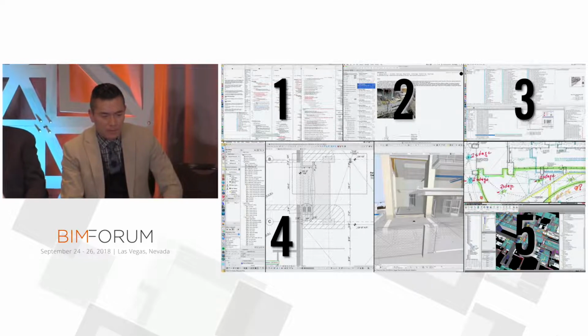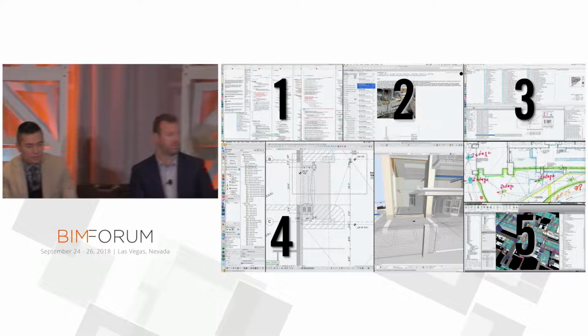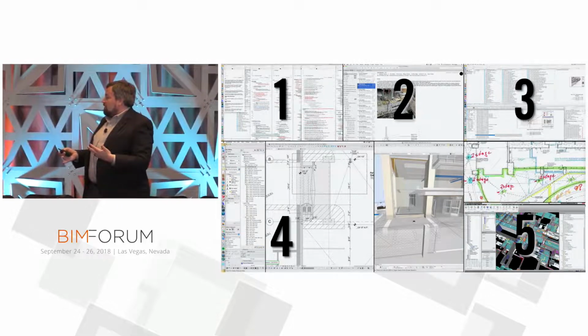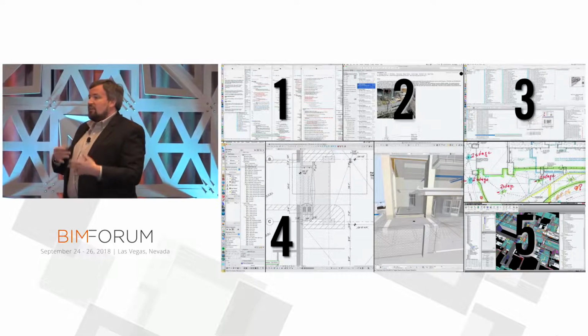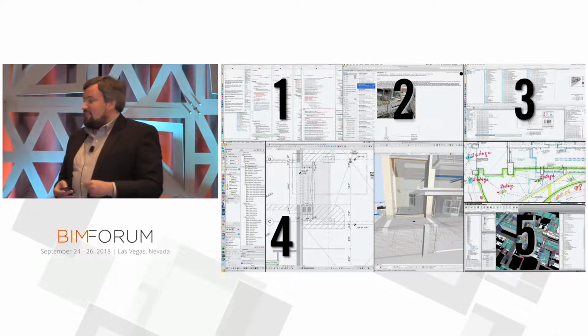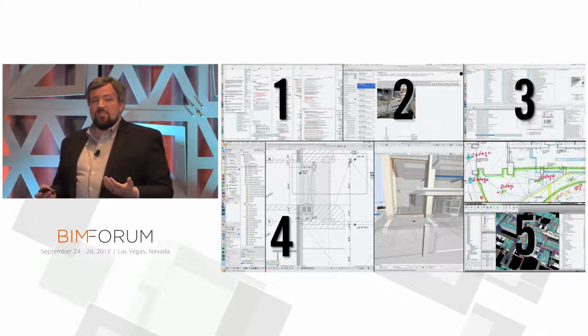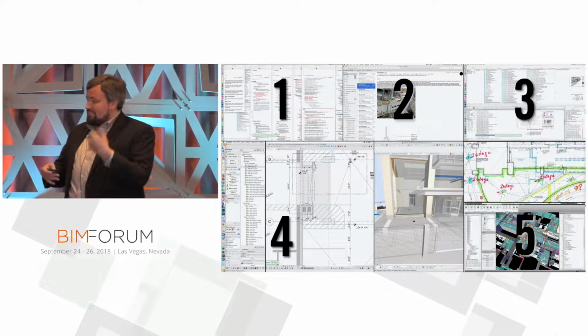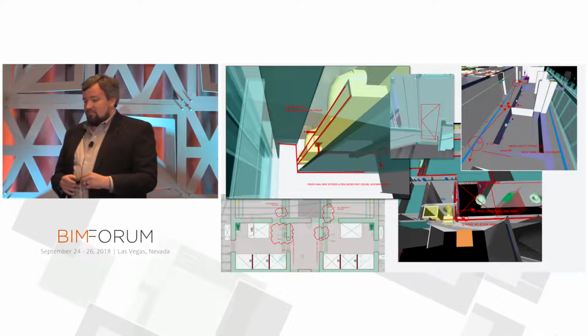And so the goal of that is not to drive ourselves crazy with 1,000 programs, but because we have all the key decision makers in the room together, we want to make a decision and stick by it and have all the relevant information available immediately to make that instantaneous decision. Most of our RFIs as a result are just confirming RFIs where they start off as "discussed in the BIM coordination meeting, please..."